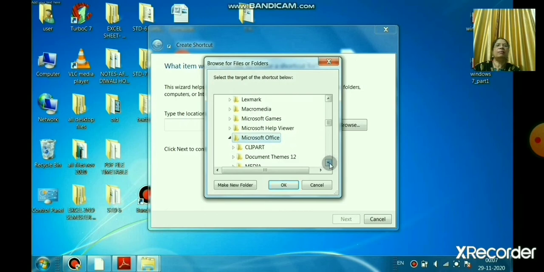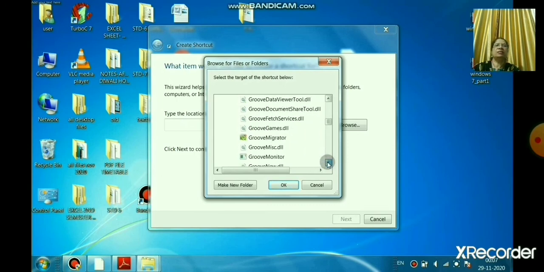And in Microsoft Office, again you can see Office 1.2, right? Select this and you can select Microsoft PowerPoint. Can you see Access is there, and the same way Excel is there, all the programs are there, but I need Microsoft PowerPoint.